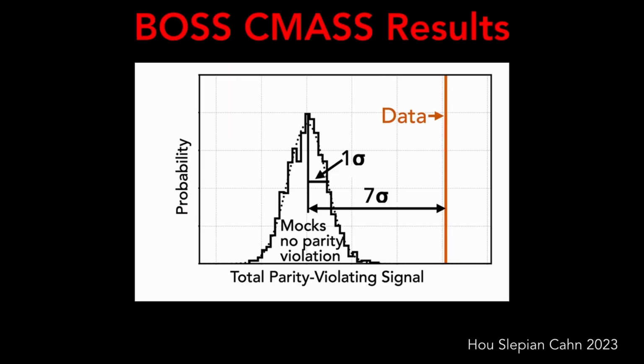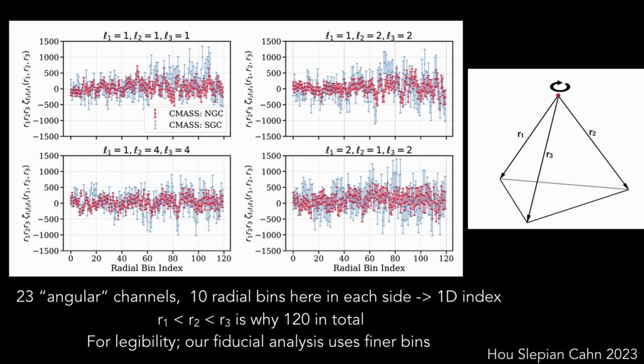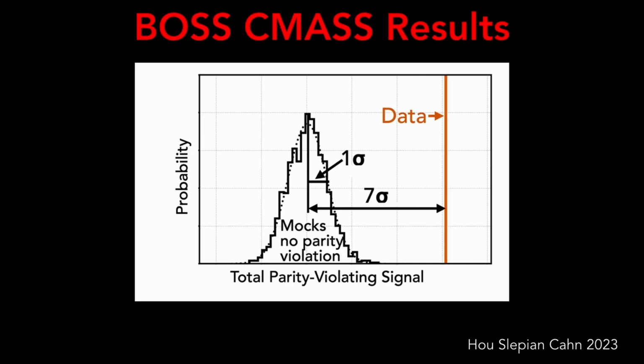So these are our results. We combine those 23 postage stamps, of which these four are examples, and we weight them by inverse covariance. We do this for mocks with no parity violation, and we do this for data. So we did this for 2,000 mocks